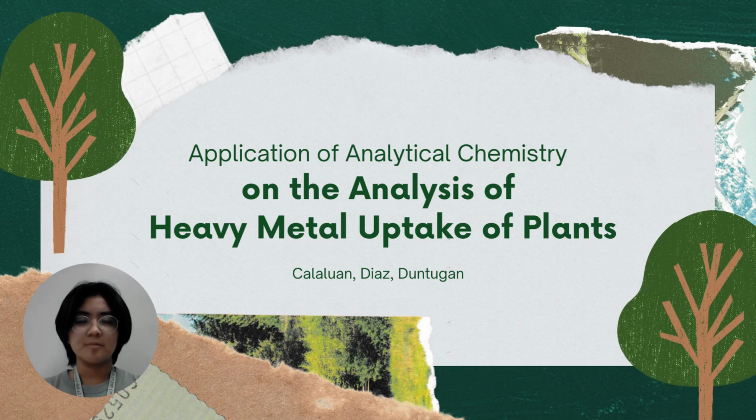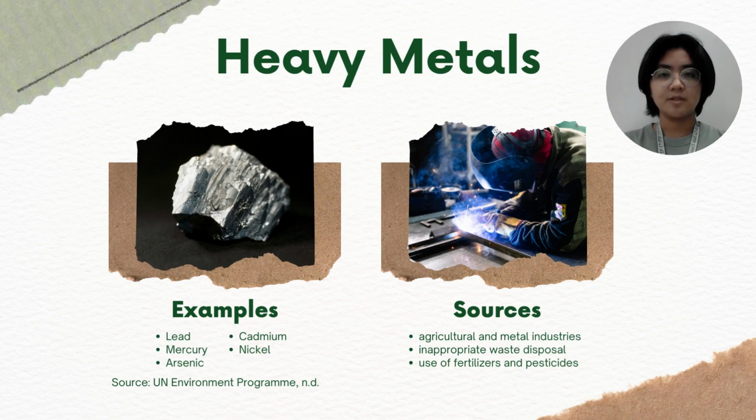Application of analytical chemistry on the analysis of heavy metal uptake of plants. Heavy metals such as lead, mercury, and arsenic are among the contaminants of our environment. Sources of heavy metal pollution include the expanding agricultural and metal industries, inappropriate waste disposal, and use of fertilizers and